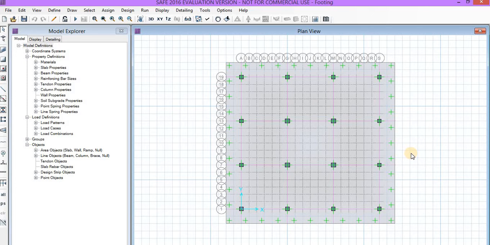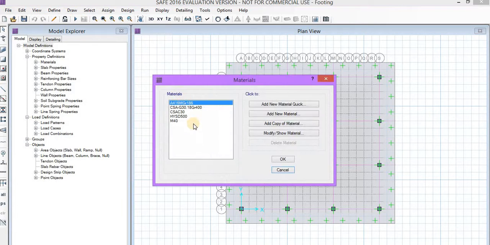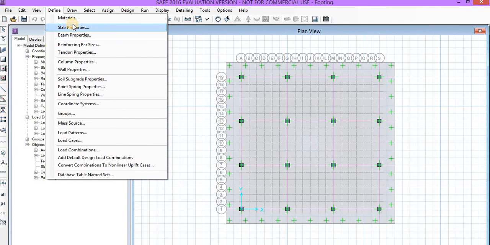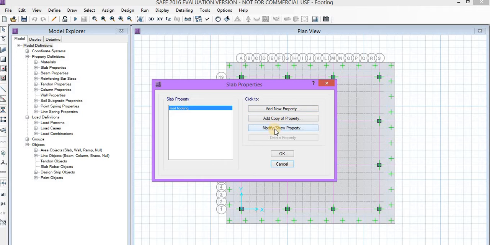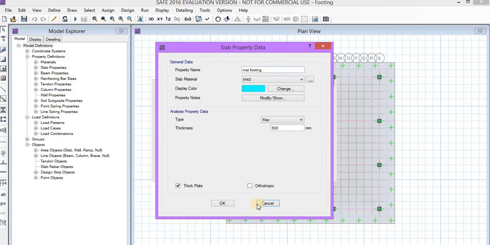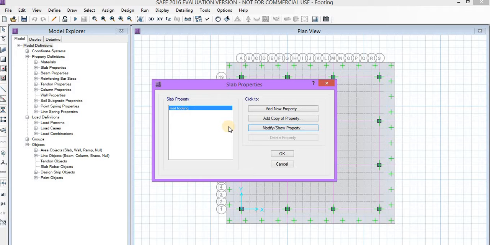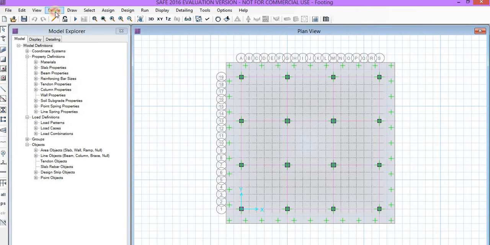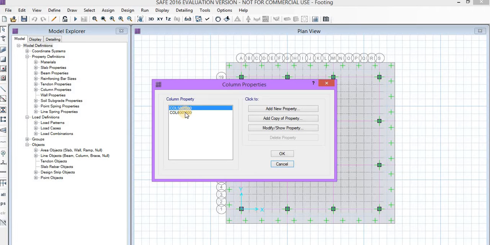Now in the column properties we have two sets of column, one having 500 by 500 mm dimensions and the other having 600 by 600 mm dimensions. These all can be seen here. Materials: M40, HYSD 500. Slab properties: mat footing having the thickness as 500 mm. Column properties: two sets of column, 500 by 500 and 600 by 600.